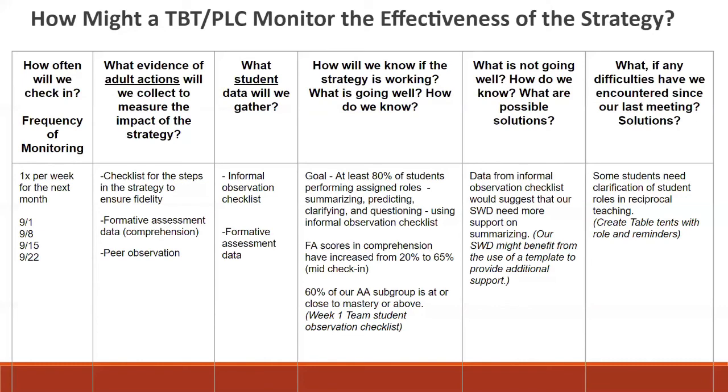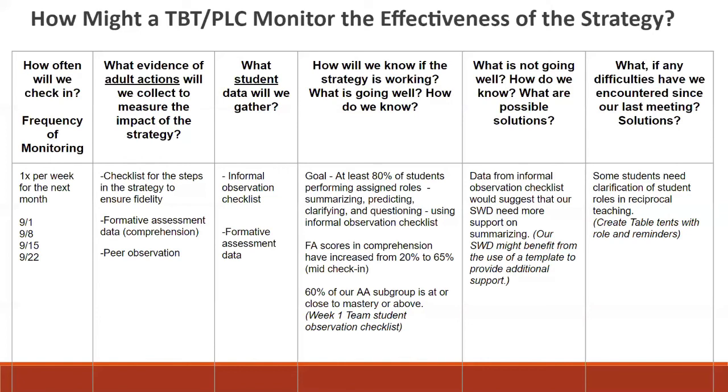What is not going well? How do we know? And what are some possible solutions? The team found that data from the informal observation checklist would suggest that the students with disabilities would need more support on summarizing. They found that the students with disabilities might benefit from the use of a template to provide additional support. Another discussion question that the team reviewed was,